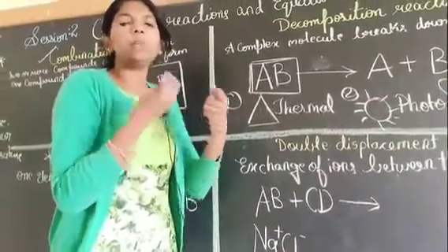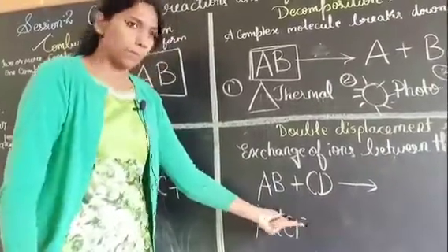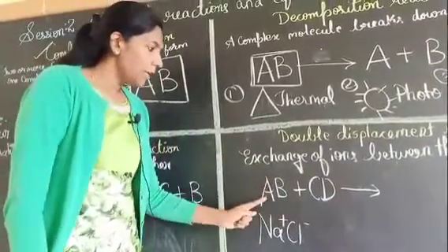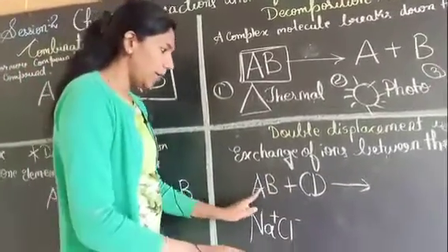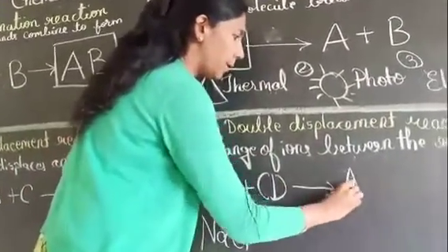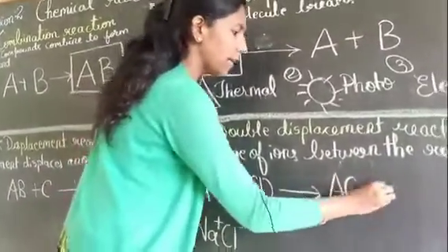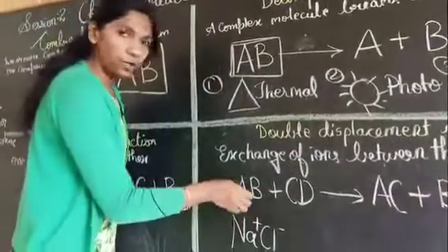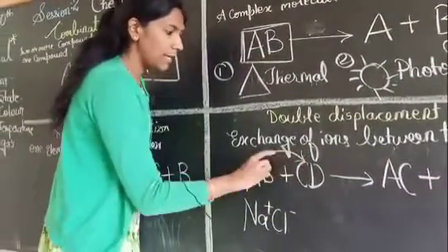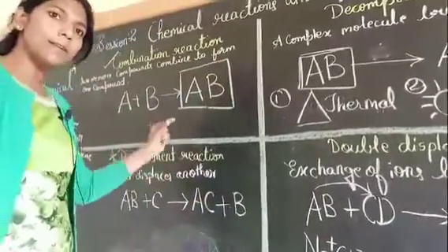Obviously a salt, when it dissolves in water, produces ions. One is the positive one, the other is the negative one. So what is going to happen here? It is going to exchange its ions. A is going to combine with, now you are going to find, AC plus BD. You can see how the shifting takes place. It is double displacement. Here it was single displacement.